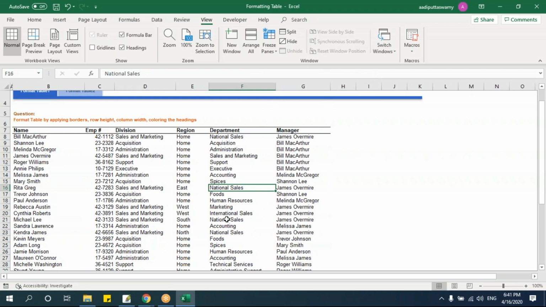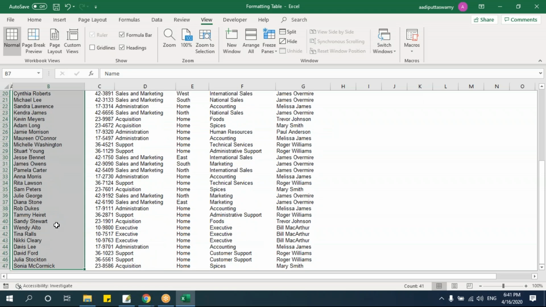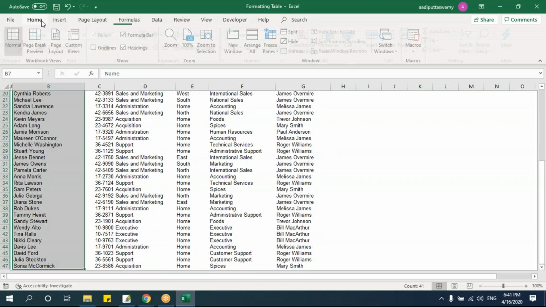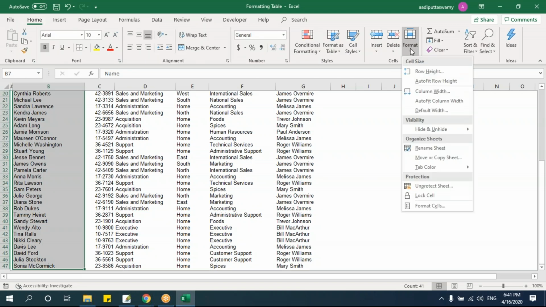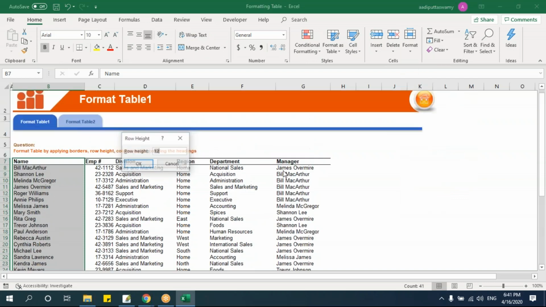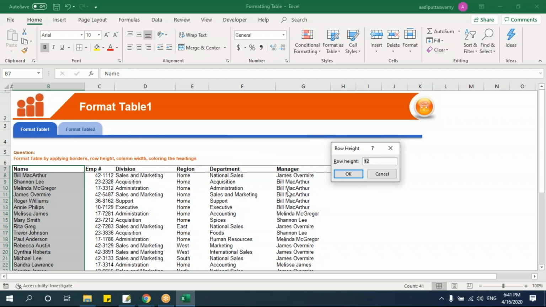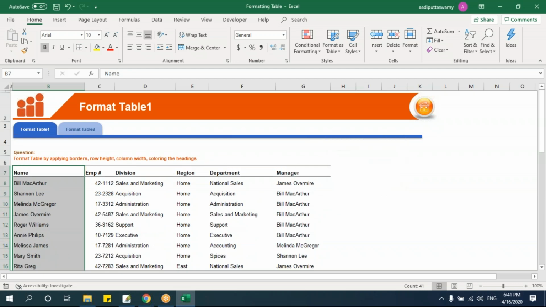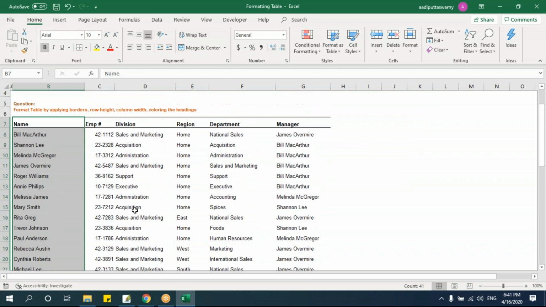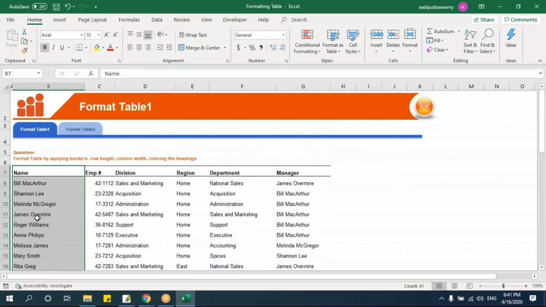Yes, now column wise I am able to read the data, but can you see that row wise it is very congested? So we have to give space row wise as well. Let me select this data. As I told you, Control Shift down arrow, I can select this. Now we'll go to Home, then Format, and I'll say Row Height. Usually we take the row height from 18 to 20. I'll say 20, press Enter. See, I got some space here. Now the table has been expanded column wise and row wise.